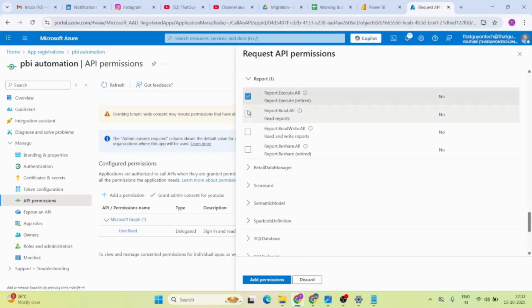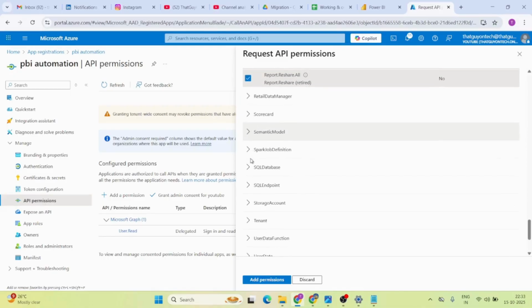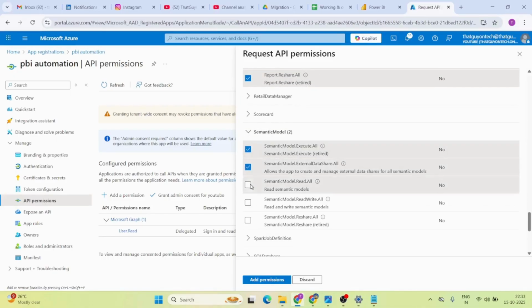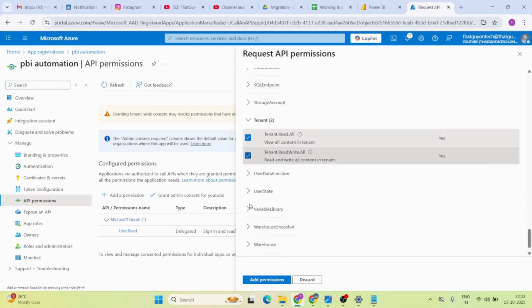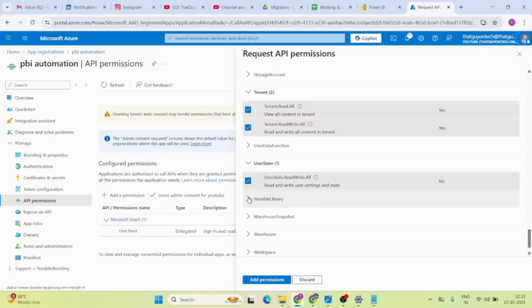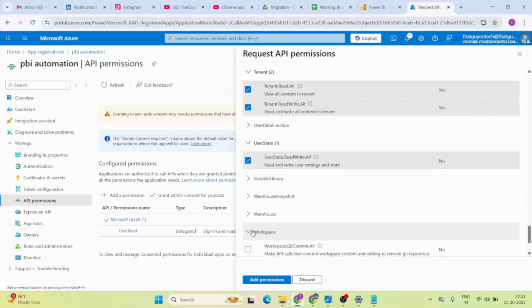Report level I add here. Semantic models. Yeah, we'll have to access semantic models here. Tenant info, user state, and workspace. Okay,